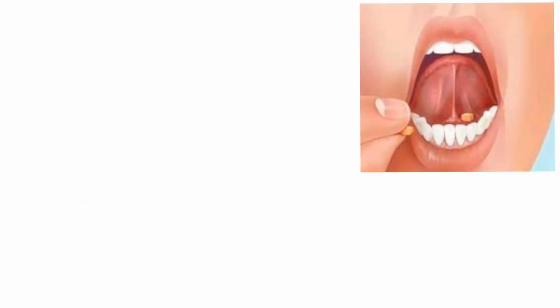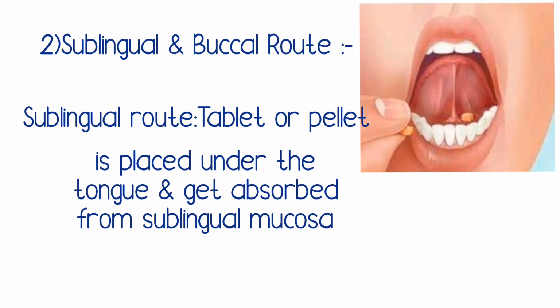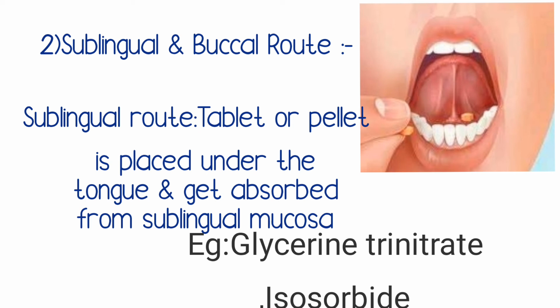The second one, which comes under the enteral route, is the sublingual and buccal route. In the sublingual route, the tablet or pellet containing the drug is placed under the tongue. This allows the drug to diffuse into the capillary network and therefore enter into systemic circulation directly. That is, the drug gets absorbed into the sublingual mucosa. This has an advantage, that is, one can spit the drug out after the desired effect is obtained. Example would be glyceryl trinitrate,